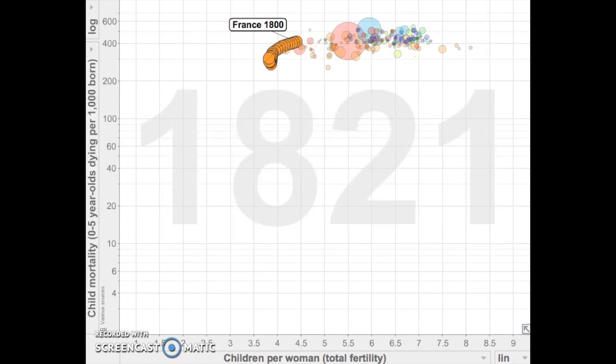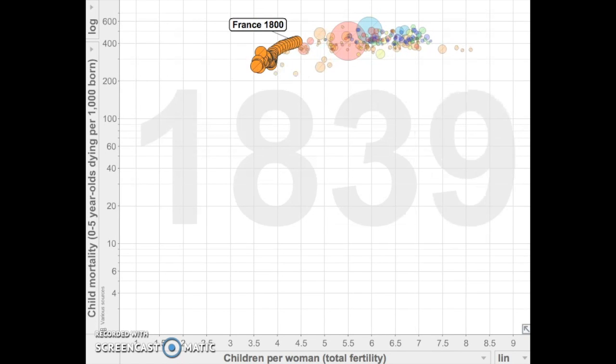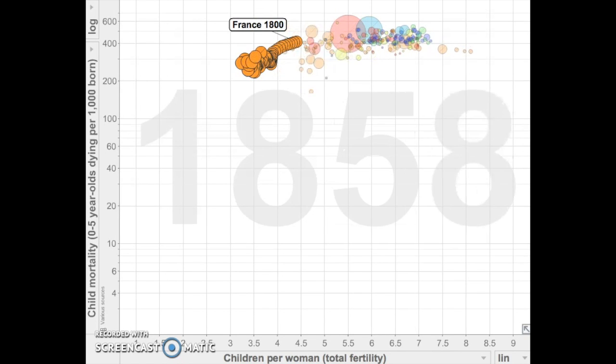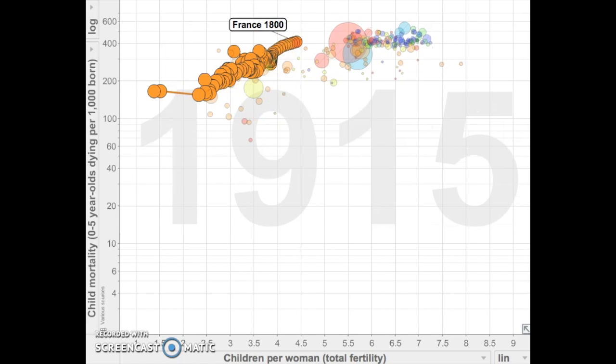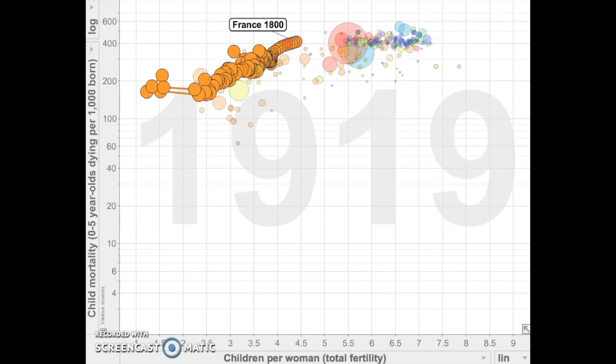As France develops and the cost for having children increases, the fertility rate slowly decreases, as does the child mortality rate. Suddenly, the fertility rate in France dropped significantly around 1915 to 1916 because of World War I and many men going off to war, leaving their wives alone. Then, in 1920, the fertility rate returns to normal and continues to decrease as France develops and celebrates the end of the war.